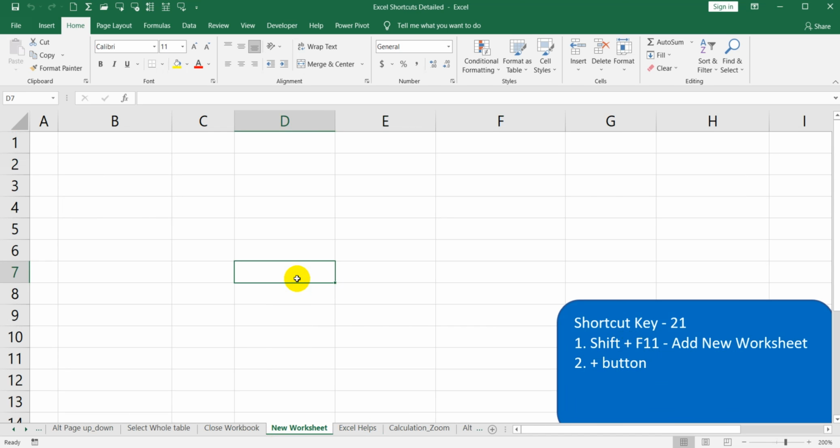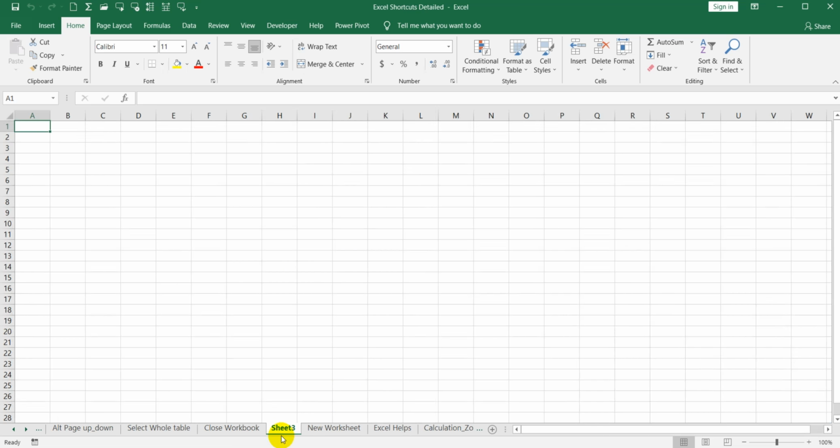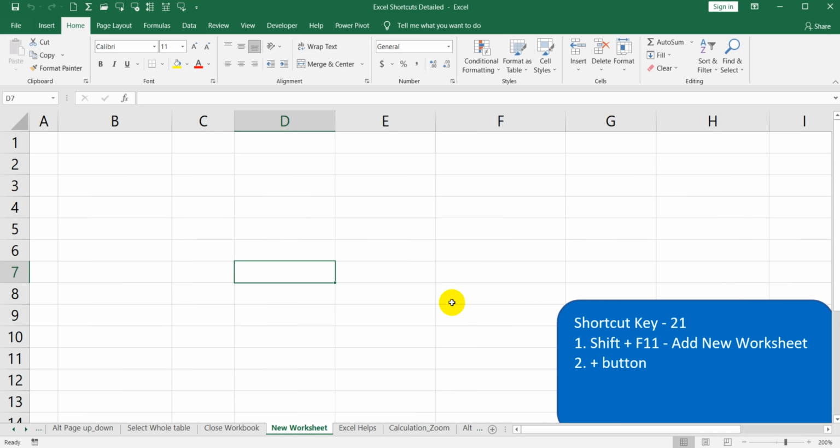Click on Shift and F11, and you can see the new worksheet is added. Shift and F11, Shift and F11. You can see multiple sheets are added with this continuous operation. Again I will just delete this manually. So this is shortcut number 21.